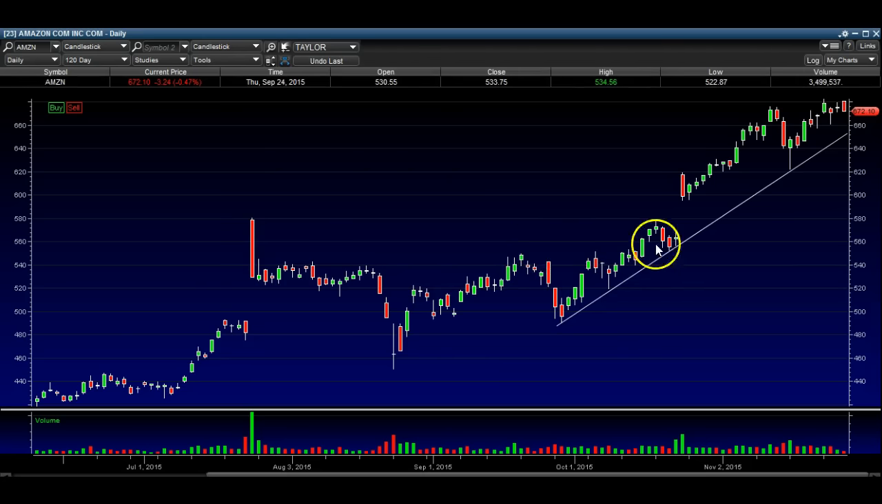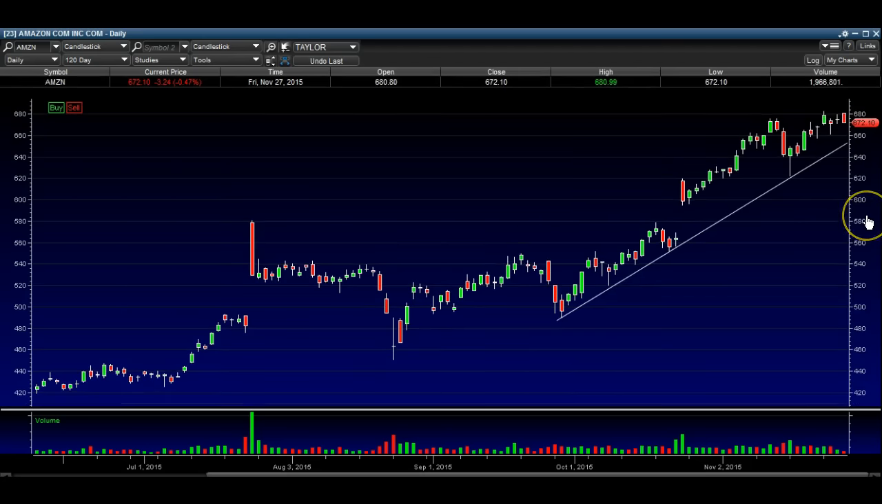So we're going to take a look at the Amazon chart here really quick. I just want to point out a few things. First, I want to point out this trend line here. This is the daily chart. And we've got a trend line that's been valid since late September here, and we've got 1, 2, 3, 4, 5 touches, and not only 5 touches, but we've got